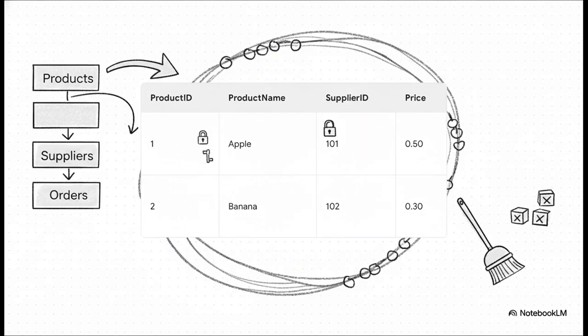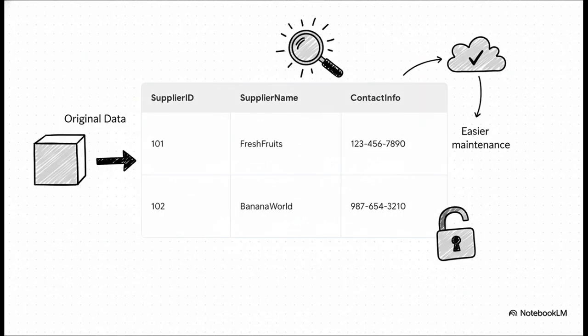So how do we clean this mess up? Boom! Step 1 is to create a table just for products. See? Each product gets its own unique ID, and we just use a supplier ID to link it to whoever supplies it. We're not repeating the supplier's name over and over again. It's so much cleaner. And this leads us perfectly to the next step.